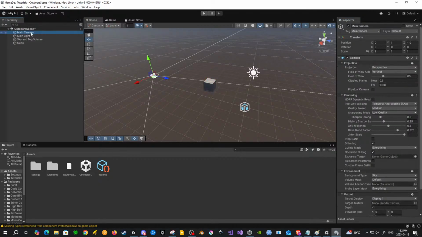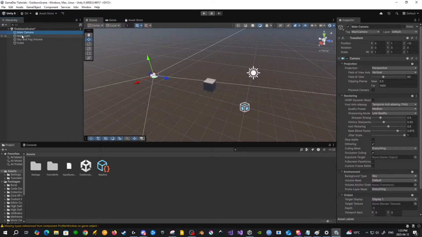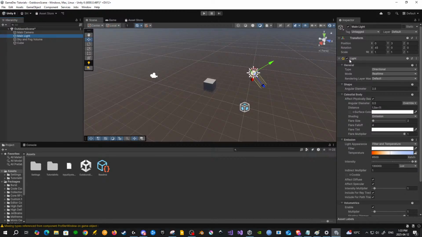Yeah, so here, when I select the main camera, it has a transform component, then a camera component, then an audio listener, and an HD additional camera data, right? So this here is a script. As you can see, it looks like a paper with the green hashtag. That's a script, right? Here, if I select main light, it has a light component